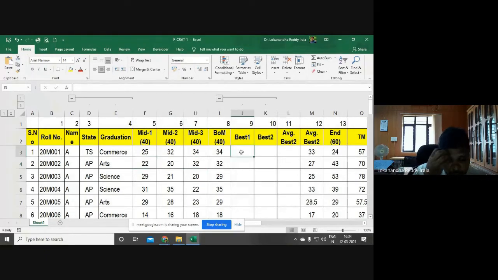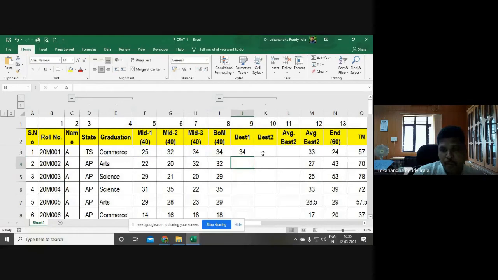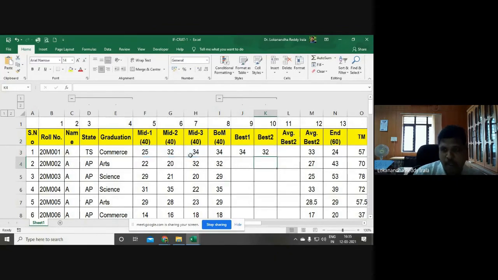So what we do here, first I'll pick up the first best by large, out of these three, what is in first position? 34. And again use this large, out of these three, what is in second position? 32. Now you take the average of these two, is equal to average of 34 and 32.